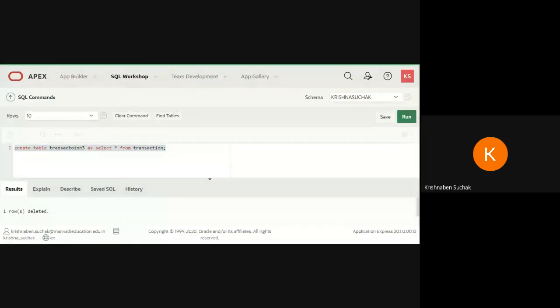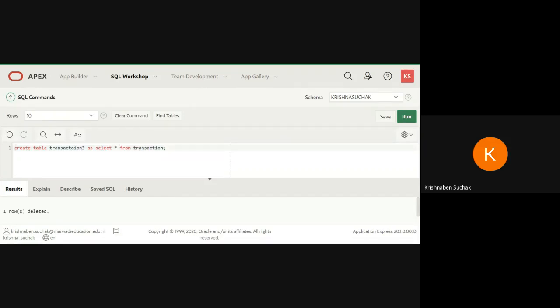Then second is insert into transaction values. You have to insert duplicate values. So what values are you going to insert? The values which are already there in your table. You need to insert those values.